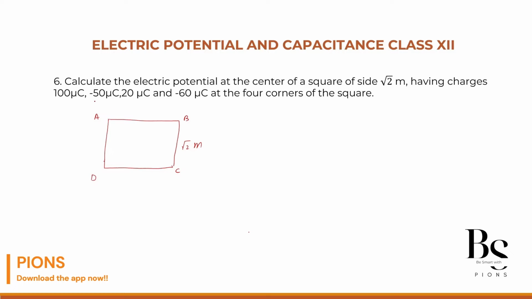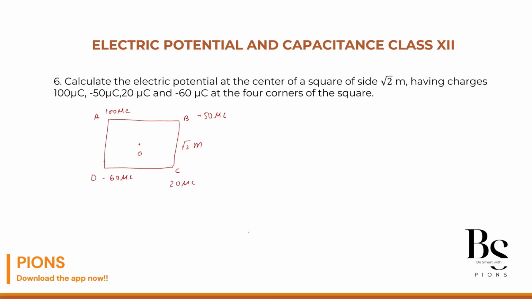Having charges, let's go in the same order: 100 microcoulomb, minus 50 microcoulomb, 20 microcoulombs, and minus 60 microcoulombs. They are placed at ABCD at the four corners. You have to find the potential at the center of the square. Let me remind you again, potential is a scalar quantity. So if it is at O,